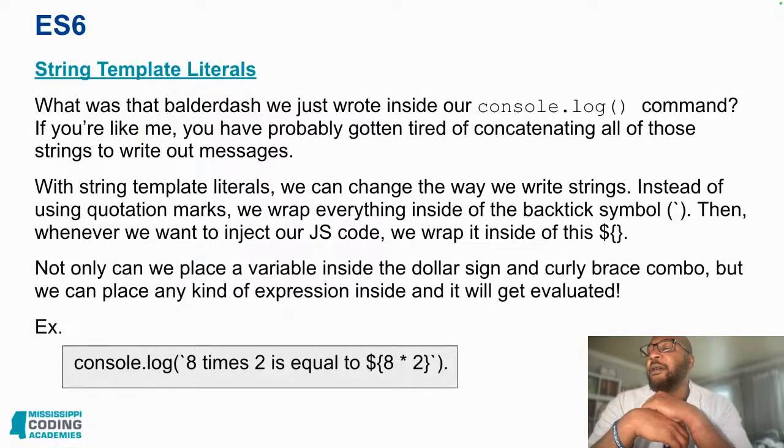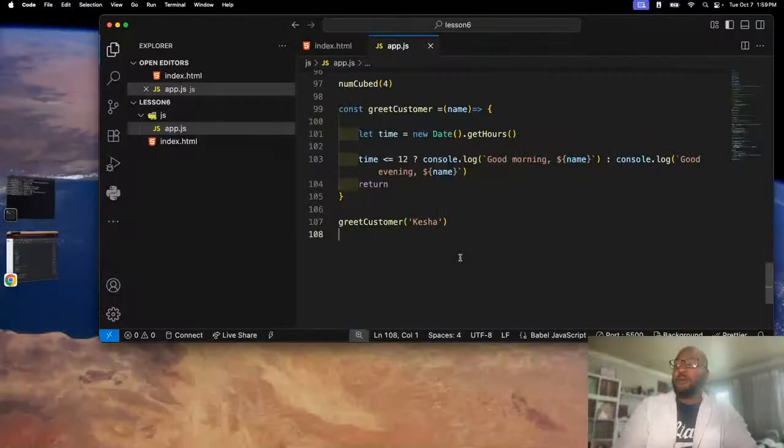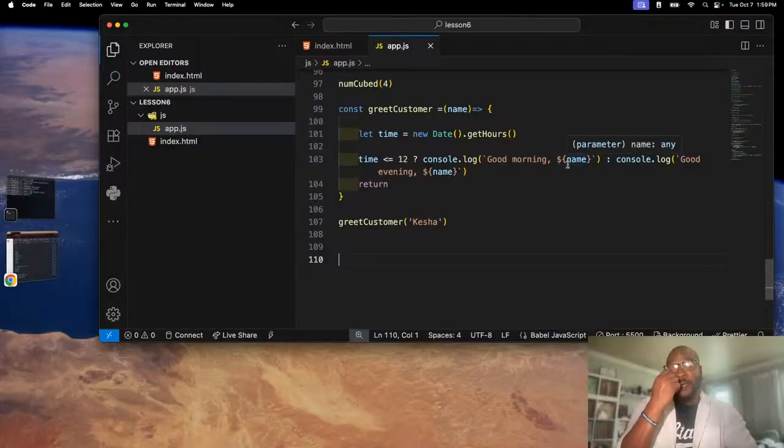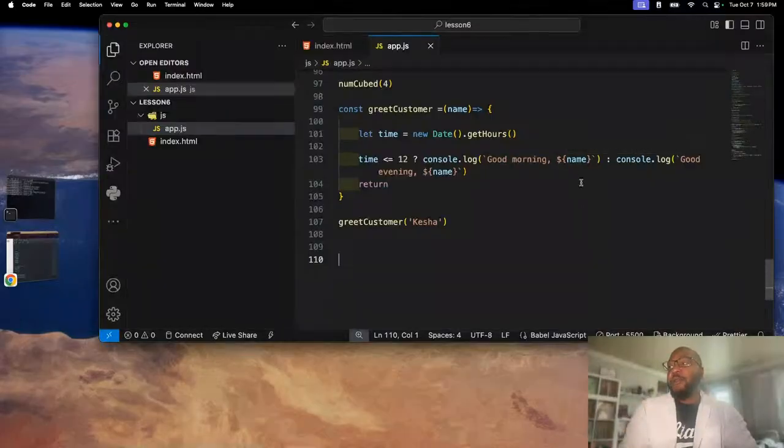And you can see here, not only can we place a variable inside a $ and curly brace combo, but we can also place any kind of expression inside and it will get evaluated. In other words, I could say, here in this example, whatever name is being passed in right here. So we have our backticks and say good morning and then $ curly brace and then name. And when we use that right there,